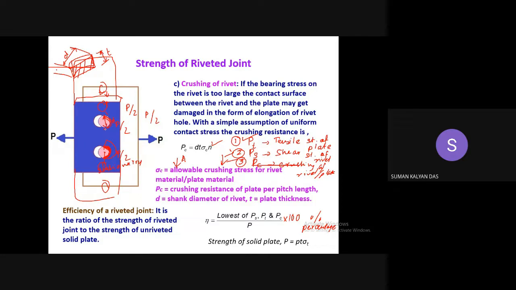কিন্তু হু ওয়াজ টকিং অ্যাবাউট P/2, ডিড ইউ ওয়ান্ট এনি ফার্দার ক্লারিফিকেশন? ধরো এটা শেয়ার হলো P/2, তারপরে তুমি কি বলতে চাইছো? হ্যাঁ স্যার, বলছি যে তার মানে প্লেটটা ফেল তখনই হবে যখন P=2 P_c হবে নাকি? এই ক্রাশিং এর ক্ষেত্রে প্লেটটা ফেল করবে। আচ্ছা, তুমি জাস্ট এই এক্সাম্পলটার ক্ষেত্রে বলছো? হ্যাঁ। ওয়ান থিং টু রিমেম্বার ইজ, আমরা যেটা করছি সেটা জেনারেল রিভেটেড জয়েন্টের ক্ষেত্রে বলছি, এইটাকে নিয়ে নয়, তাই এখানে n আসছে এবং এই পিচ পার পিচ কথাটা আসছে।